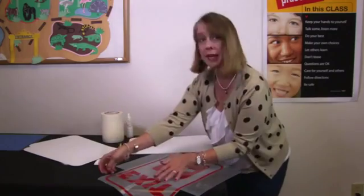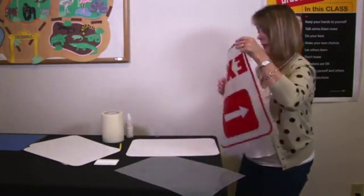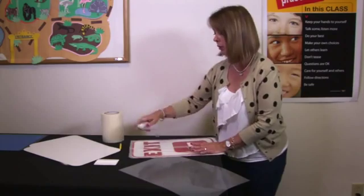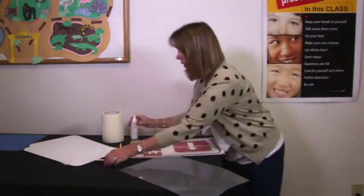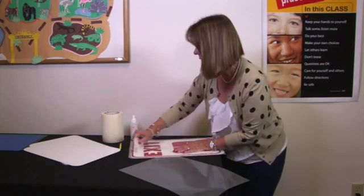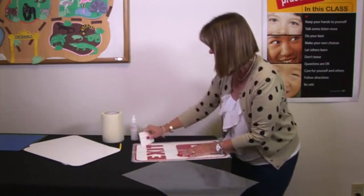And then you want to take your transfer tape and line it up onto the sign. Take your application fluid again to help with the air bubbles. Lightly spray the transfer tape and then squeegee it again, this time applying it directly to the sign. A nice fluid motion from the center out,